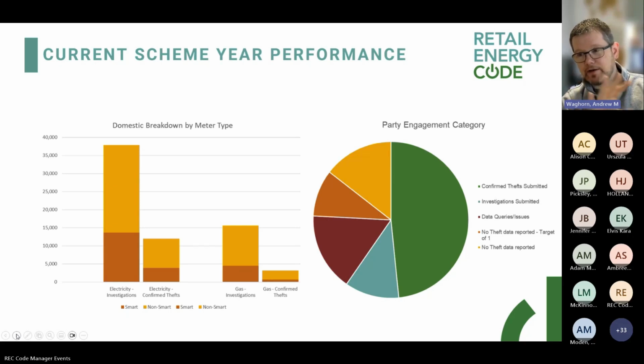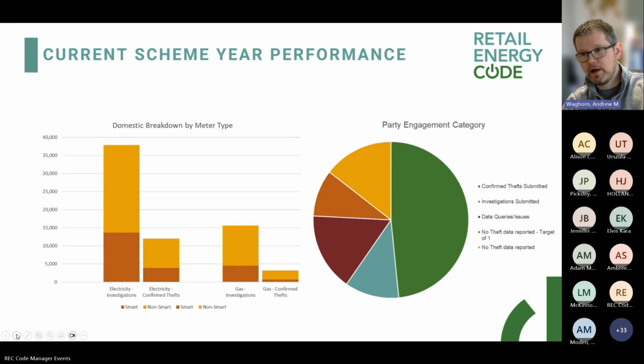And then finally, on the pie chart on the right, we're looking more at what we term engagement. So effectively working down the legend from, ideally, what we'd see down to a less ideal scenario. Parties with confirmed theft submitted is about half of the parties with a target. We've got a number with investigations submitted, but no confirmed thefts yet. So obviously still taking action, but not always necessarily saying that those investigations are identifying confirmed